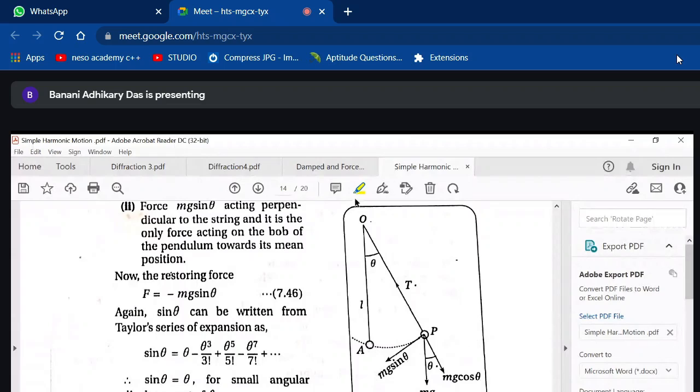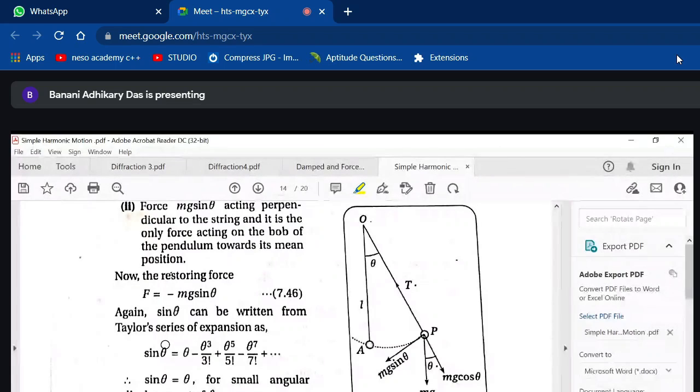So this is the dynamics of your pendulum, right? So what is the net force acting on the system? Remember, the tension in the string T is balanced by the cos component of mg, and the sin component is responsible for bringing the bob back to its equilibrium position. This is the physics of it, right? So the net, unbalanced force available to the system is equal to minus mg sin theta.